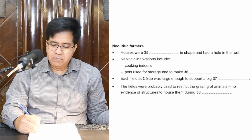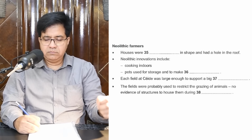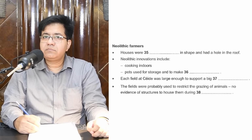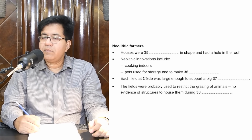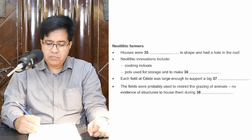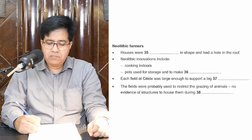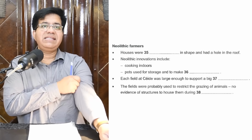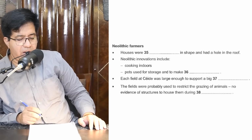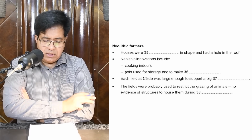Another new technology that Neolithic settlers brought to Ireland was pottery. Fragments of Neolithic pots have been found in KG and elsewhere in Ireland. The pots were used for many things, as well as for storing food. Pots were filled with a small amount of fat, and when this was set alight, they served as lamps. They served as lamp. So the answer is lamps. L-A-M-P-S, lamps. Okay,